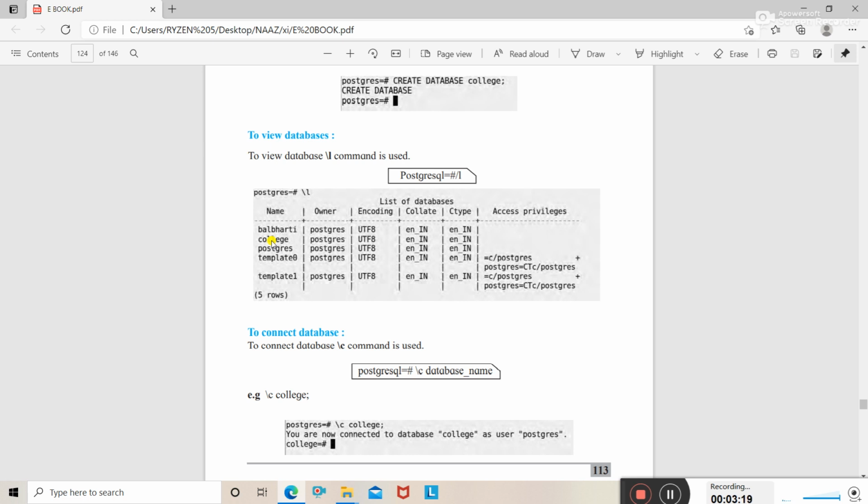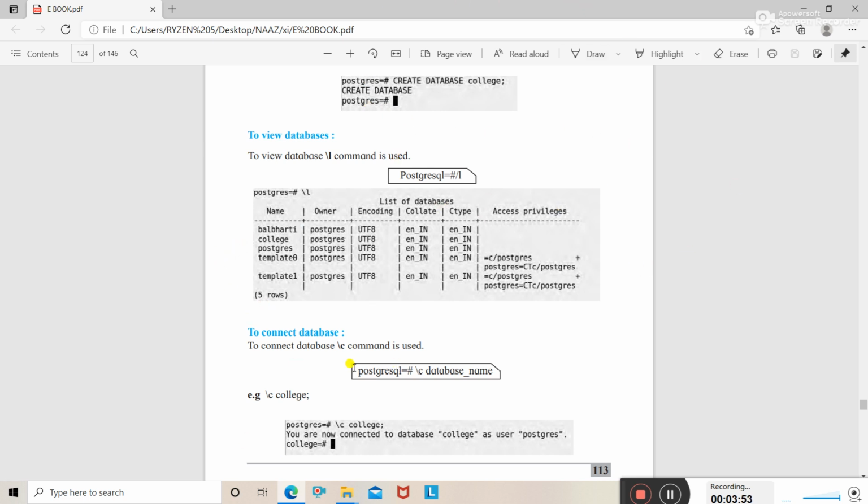Now, how to connect with the database? By default we can see postgres on the screen, right? This is the default database name which will display on the screen. That means you are in the Postgres database right now. Correct? Now, where do you want to go? I want to go into the college database. We have created a college database, and now we are supposed to enter into that college database. So to enter into it, we need to connect with that database.